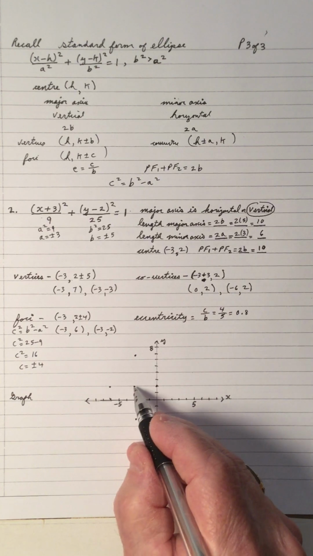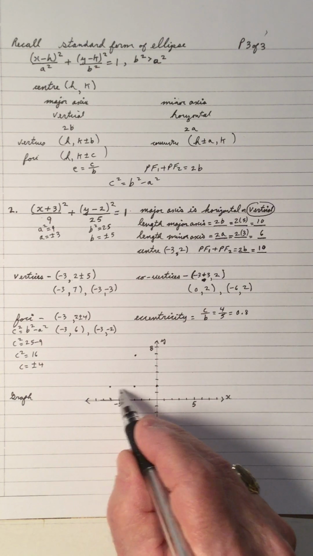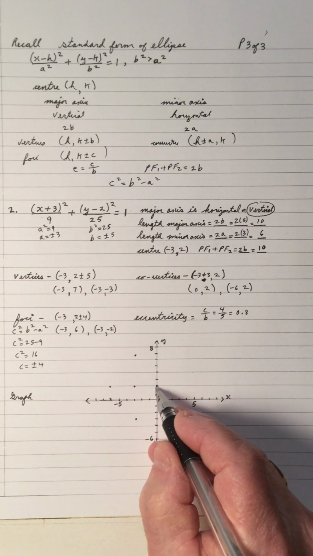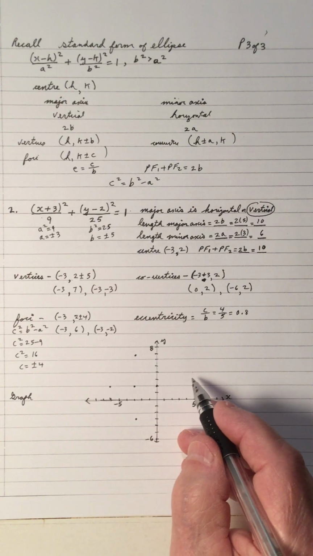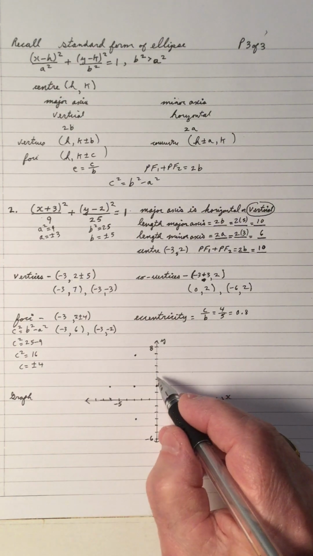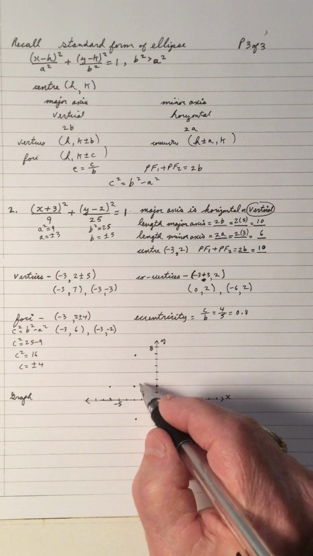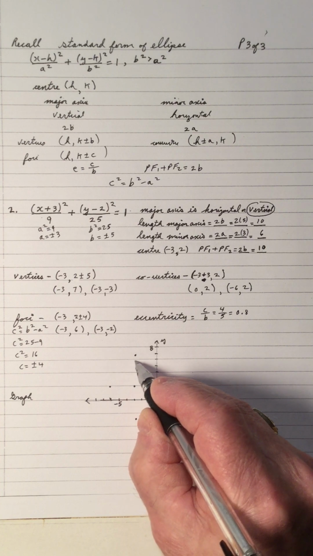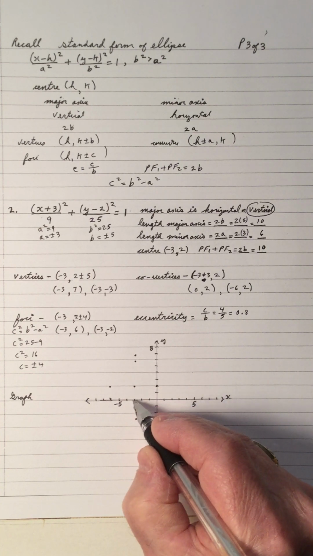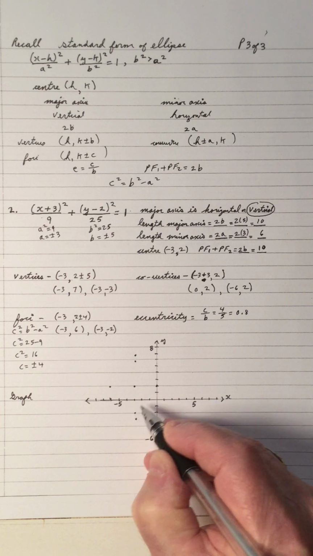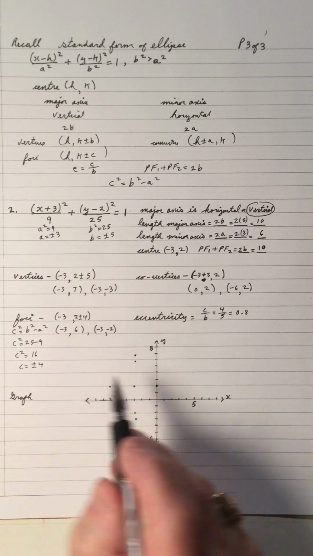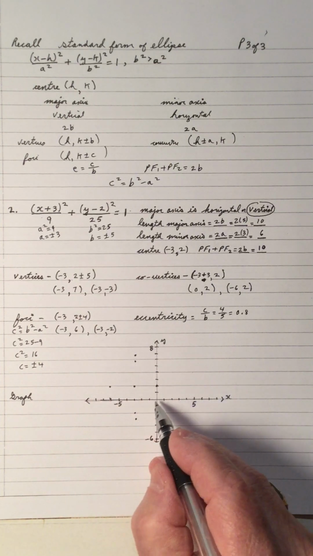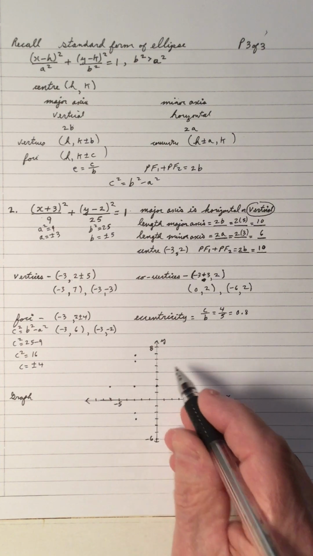So I plot the center, and then I do the horizontal stretch and the vertical stretch. The vertices are the longer ones, the co-vertices are the short ones on the minor. And the foci are on the vertical, so the foci is 4, so you go 1, 2, 3, 4 right there, and you go 1, 2, 3, 4 there. So the foci are negative 3, 6 right there, and negative 3, negative 2. So let's draw